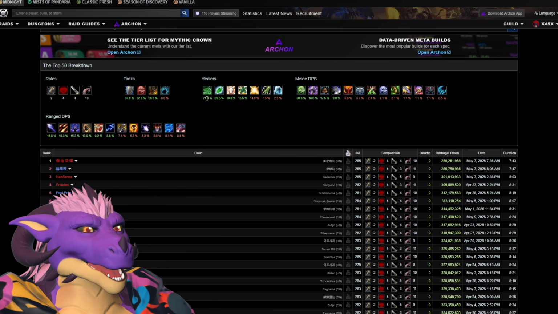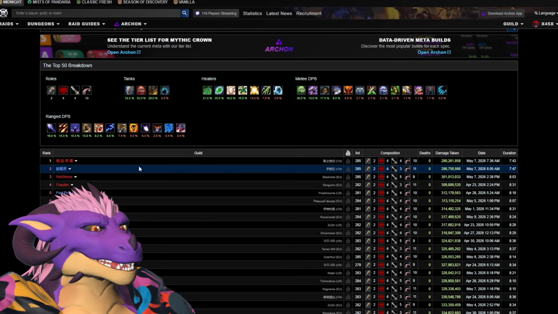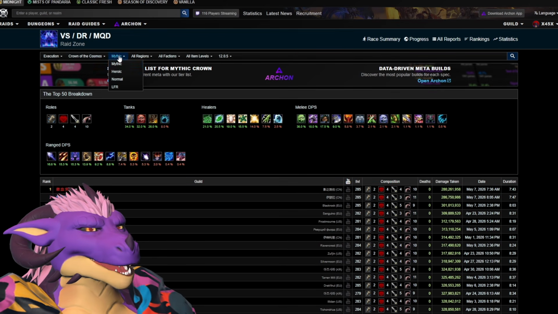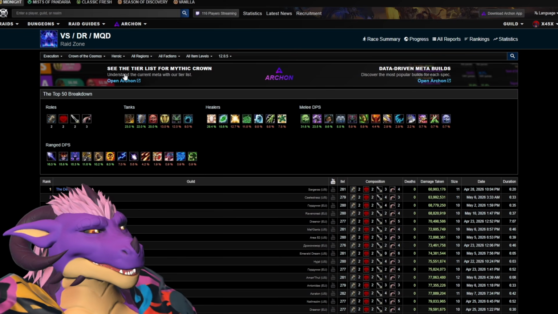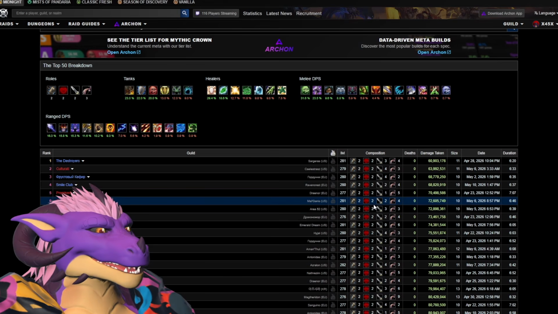And you might notice that there's a lot of Mistweavers, so we should be able to open some of these and get a Mistweaver. The reason this is important is that the composition had 4 healers on it. Now, you might not be healing Mythic Chrons of the Cosmos. What if you're healing Heroic? You're going to see 2s here. This is kind of the crux of what the problem is.